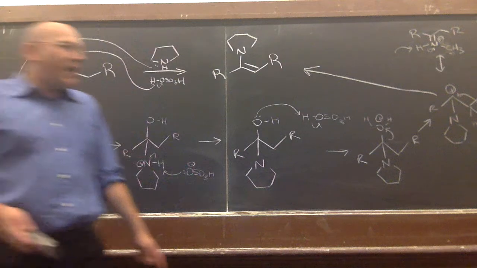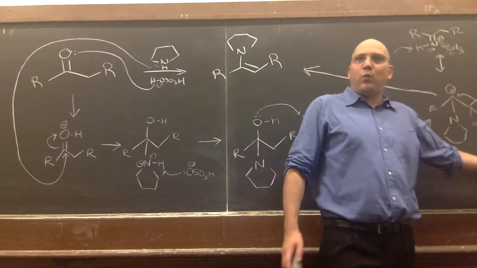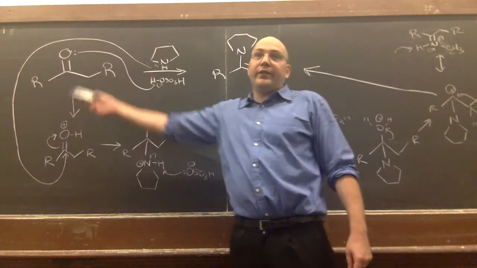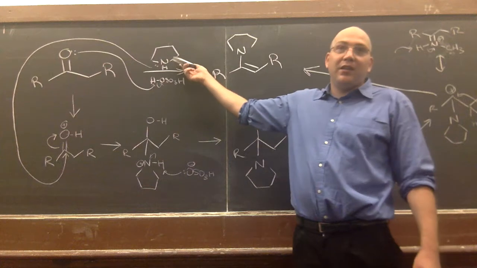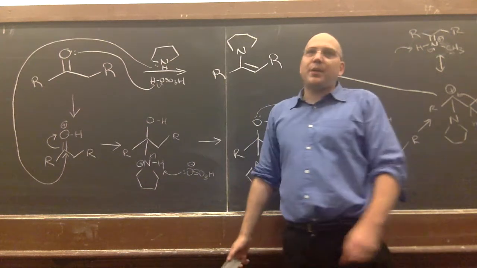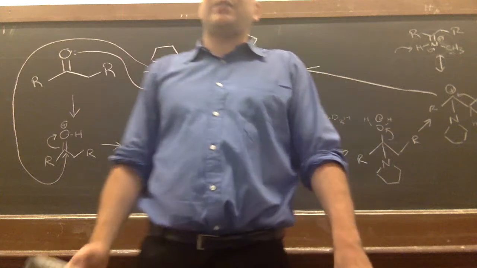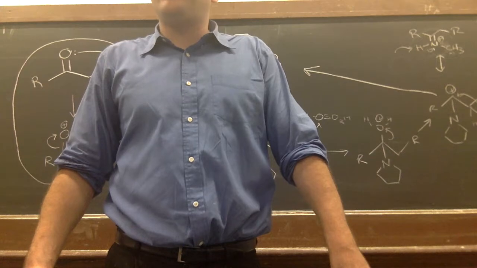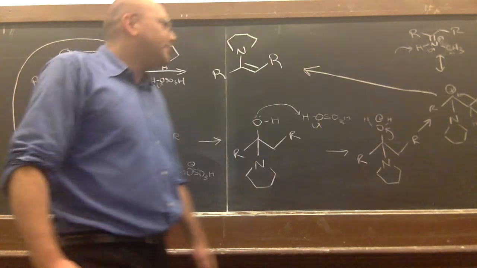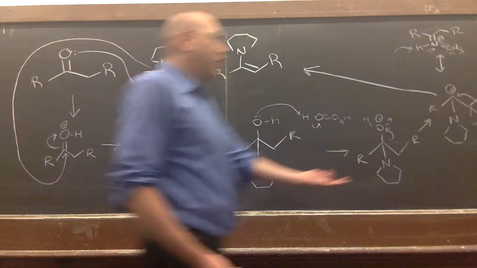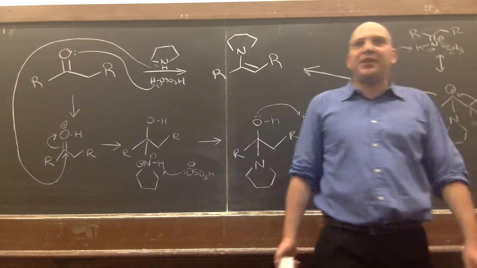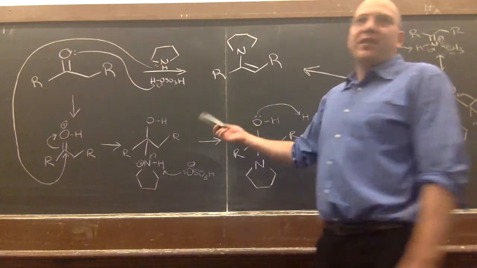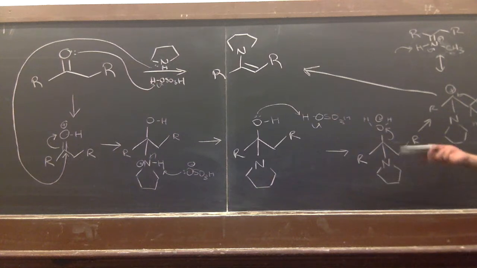Yeah. So again, at this step, it really doesn't matter what you use to do that elimination. It could be the carbonyl, another equivalent of carbonyl. It could be the amine. Using the sulfonate at this step is kind of bookkeeping, and it makes you recognize that the sulfuric acid is catalytic. In essence, you're regenerating it in a way. But whatever you use to promote that elimination, I think it's okay. You could use the amine, you could use the carbonyl. You're probably right that it's probably not the sulfonate that's doing it, but